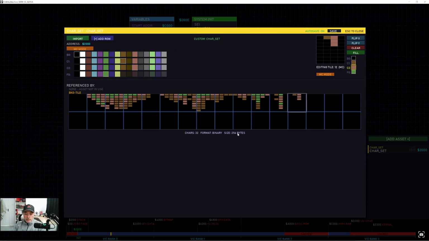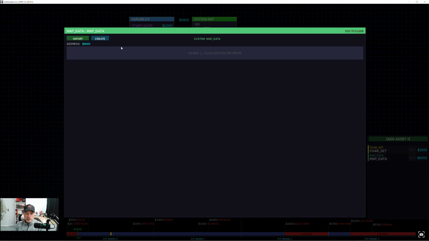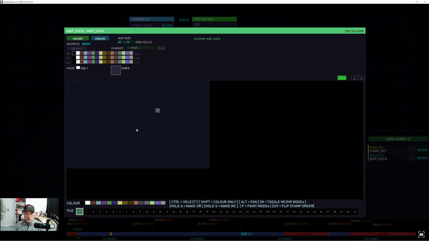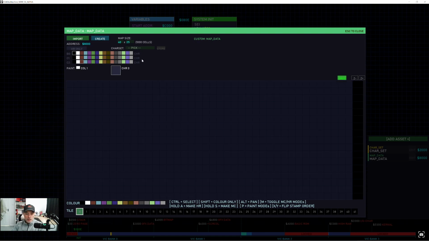You can go up to 256 characters here. You just keep adding a row, but I don't need that many for this example, so I'm going to come out of this and then add map data and then just create. This is just a single screen map I've got here, and I need to choose the